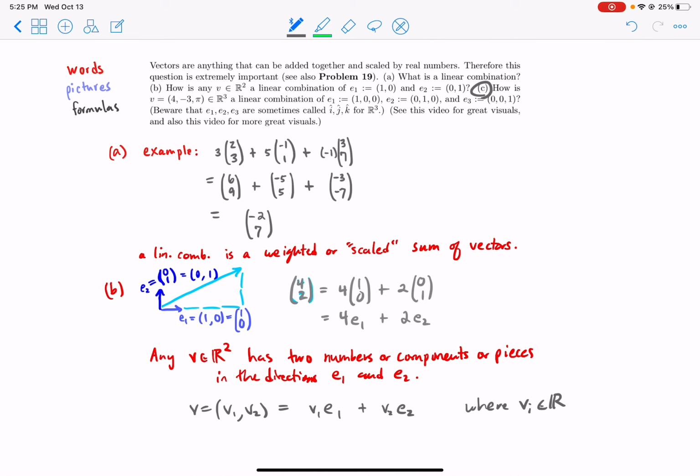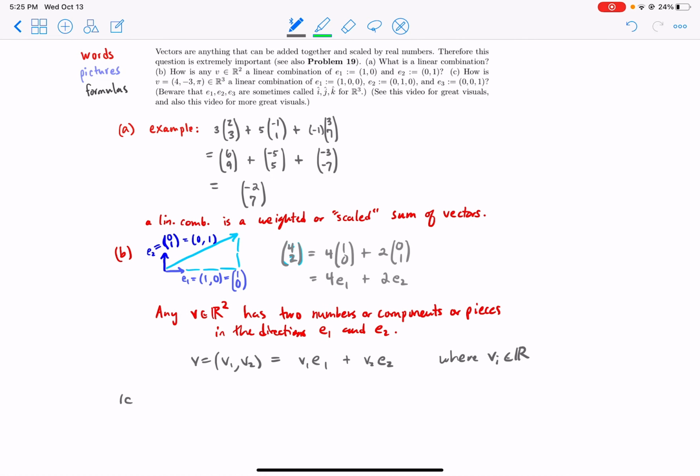Okay, how about C? How is v equals (4, -3, pi) a linear combination of e1, e2, e3? So these are very special vectors. So for part C, I'll just say (4, -3, pi) equals 4e1 minus 3e2 plus pi e3, where e1, e2, e3 are now in three-dimensional space,